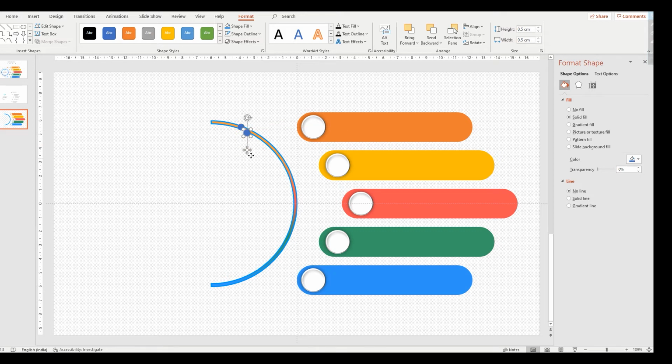Okay. Now Control D for duplicate, for this one yellow one, again for red, again for green, again for blue.